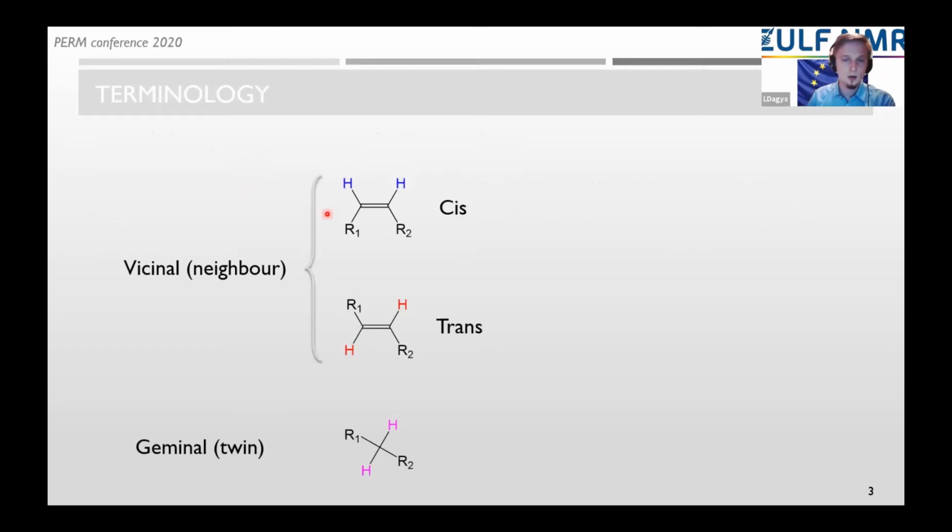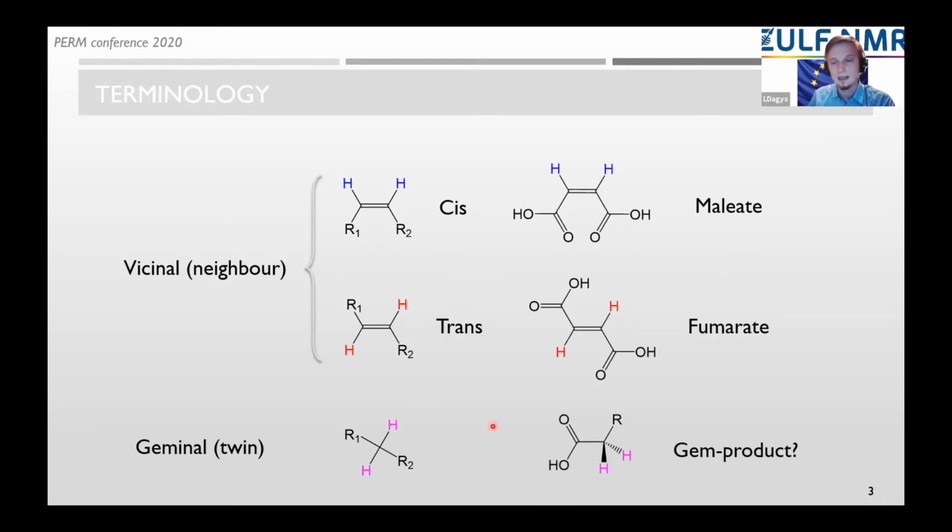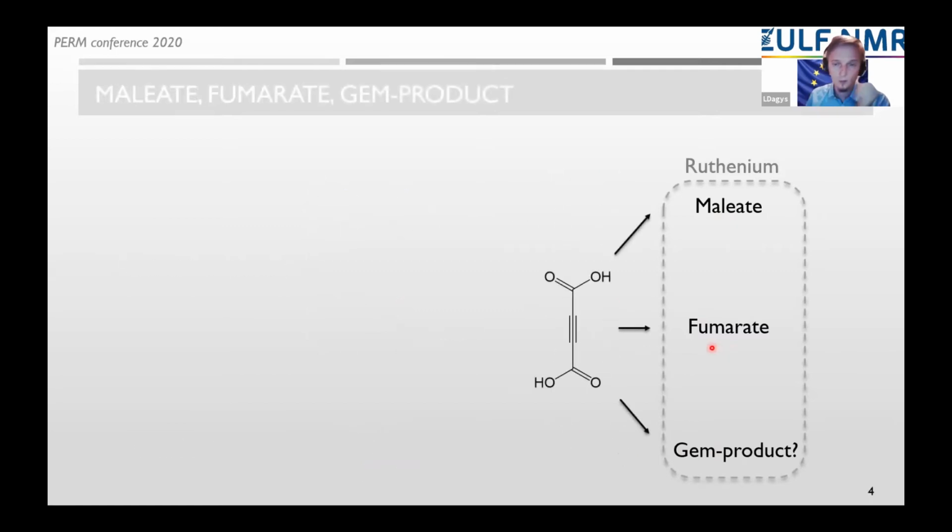This is just a slide that I would like to show, to show how beautifully these things can be connected. There are cis-trans conformations, and also geminal positions that two atoms can attain. But something nice unifies these things, and these are just examples: malate, fumarate, and this gem product with a question mark and the element ruthenium is the one that combines them all somehow. What I mean is, if one uses this precursor that I've shown here, the dicarboxylic acid, and bubbles it with parahydrogen or hydrogen and a catalyst, then we can produce malate, fumarate, and